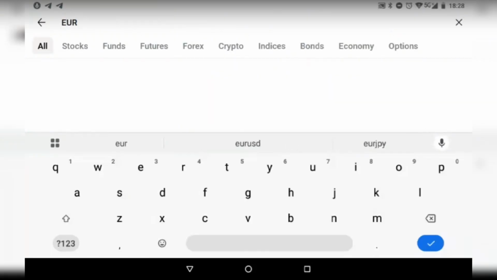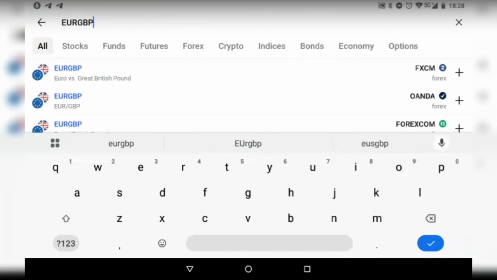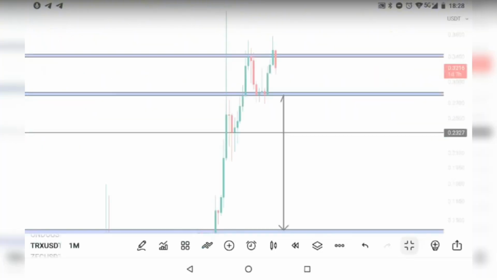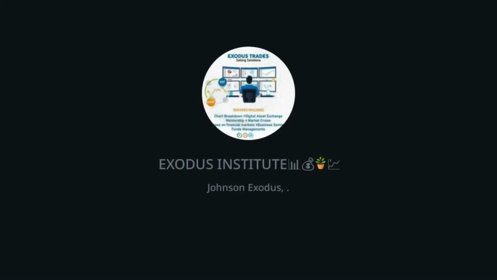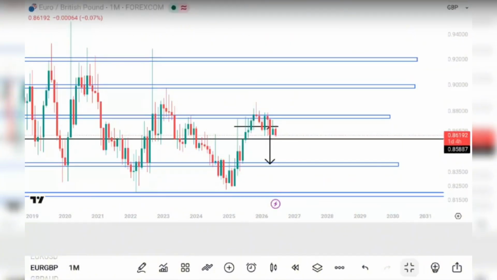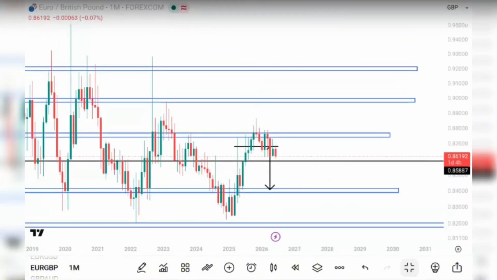Let me explain something to you about this. The reason why the price action is like that, sir. As you can see, I've checked it before, and there's a high chance it's going to sell to this where my arrow is pointing, because a solid double top has already pulled back and is now going down. But the reason why the price action of this pair is usually rough is because the euro